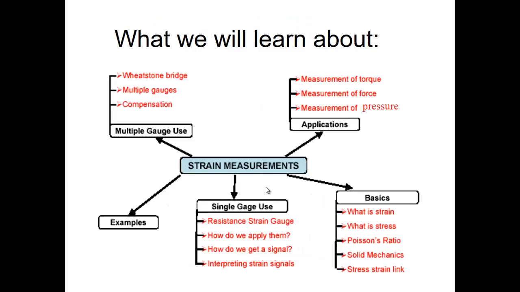Daripada hasil topik ini, kita akan merangkumkan beberapa aspek. Yang pertama, the basic. From the basic one, we learn what is a strain and what is a stress, what is the Poisson ratio, and a little bit about the solid mechanic and a stress strain link. And I believe that you guys are quite familiar with the stress and strain, right, during your first and second